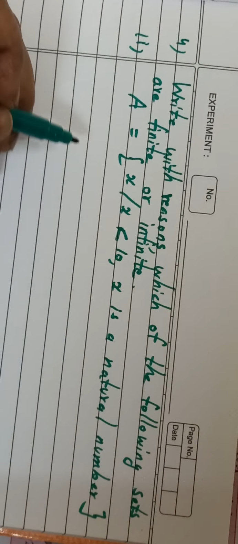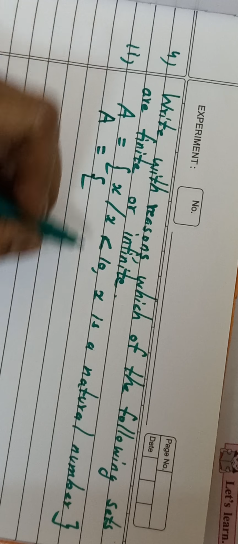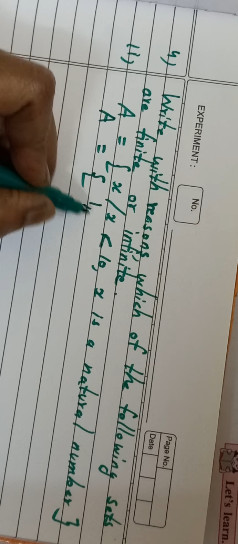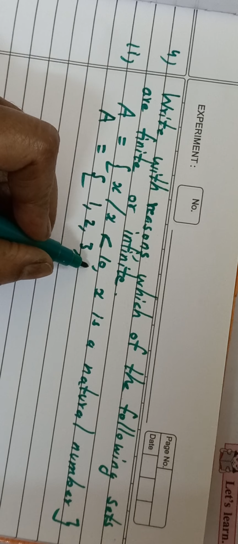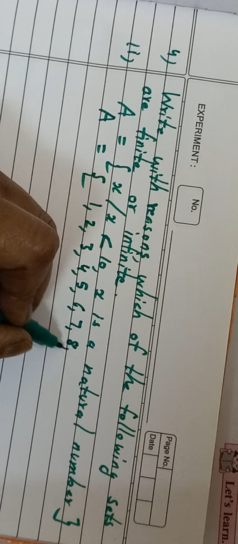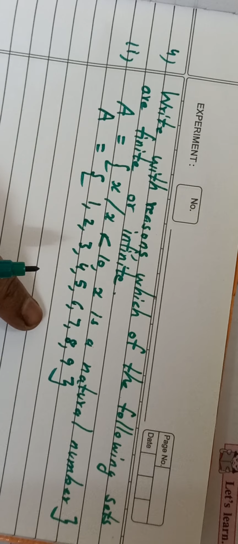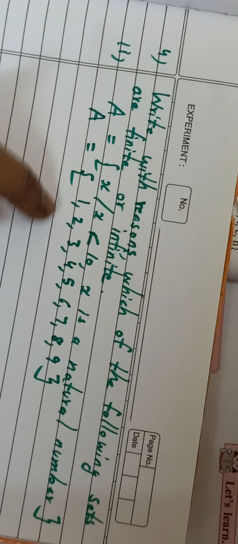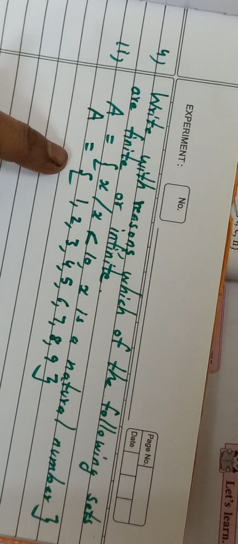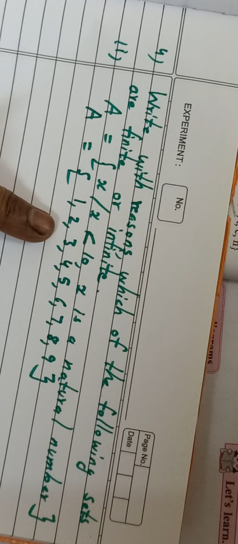So here, very simple one, first question. Set A is the set x is less than 10 and x is a natural number. So which elements will come in set A? Less than 10 means 10 will not come. All the numbers which are less than 10. So what are they? 1, 2, 3, 4, 5, 6, 7, 8, 9. So how many elements are there? You can exactly tell me that there are 9 elements and they can be counted. So this set A is a finite set.